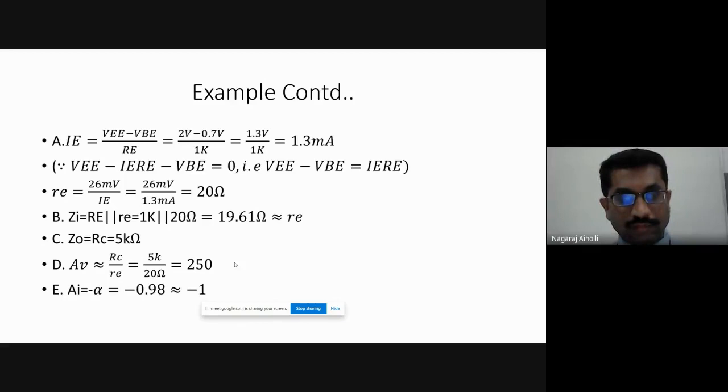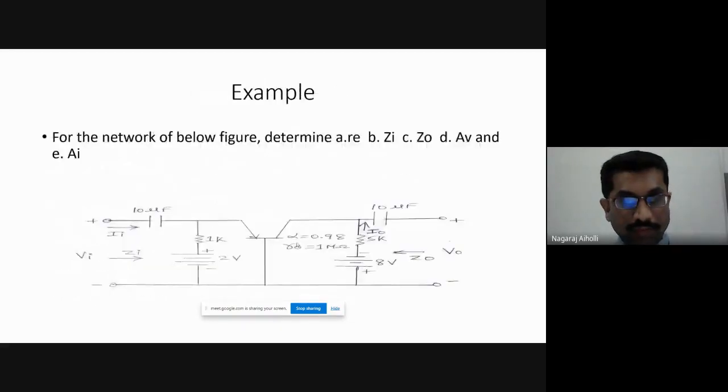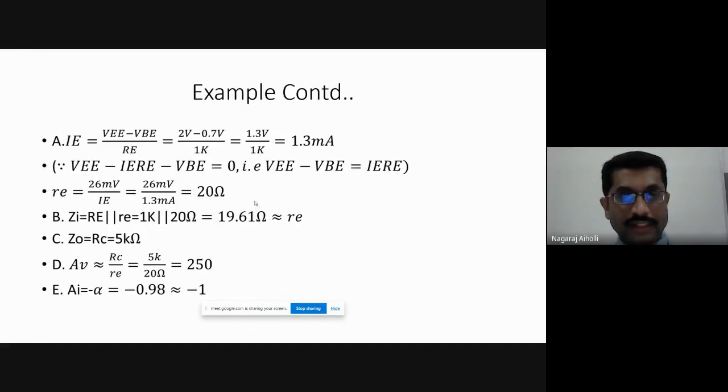Is it clear here, students? This problem is understood. You will have to memorize the formula, and accordingly, for the given circuit, you have to identify it first. They may give the problem in the form of a statement, as I told in the previous class, or in the form of a circuit. If they give it as a statement, they'll clearly mention which circuit it is. You need not identify it. But if they give it as a circuit, it is necessary for you to identify the circuit first, write the given data, and then start solving the numerical by applying the related formulas.